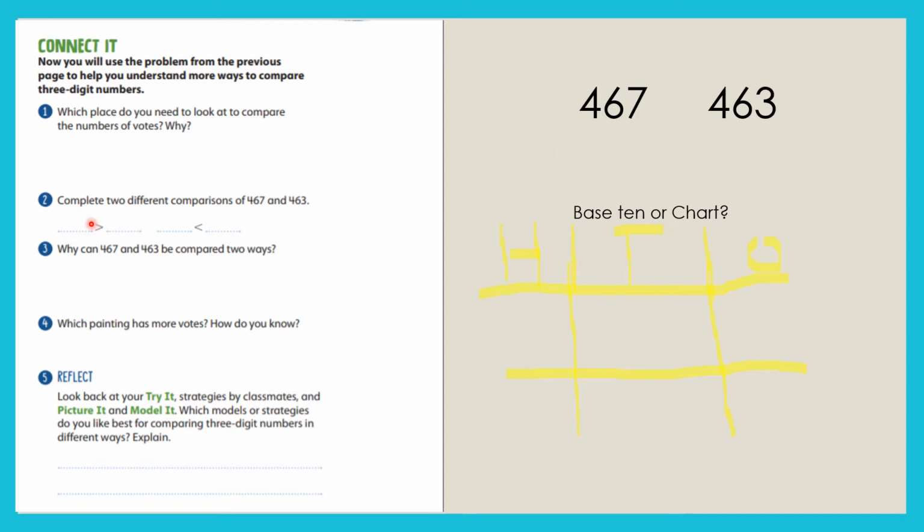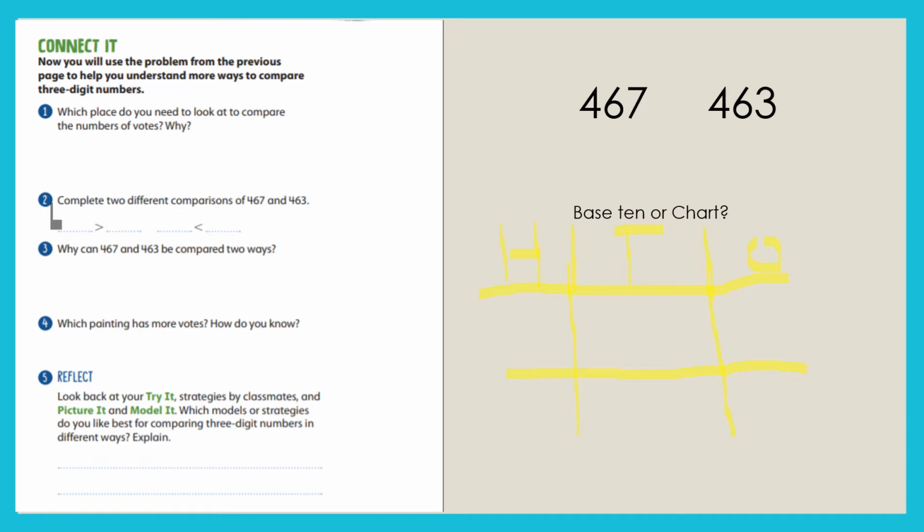It says, complete two different comparisons of 467 and 463. Do not let this problem fool you, boys and girls. It looks hard, but it is not hard. Always remember to look at where the arrow is and where the opening of the arrow is. Remember, the opening is open to the bigger number because the alligator wants to eat the bigger number. So with 467 and 463,